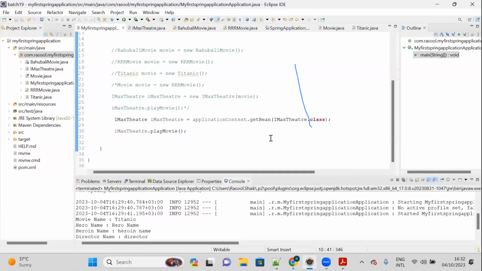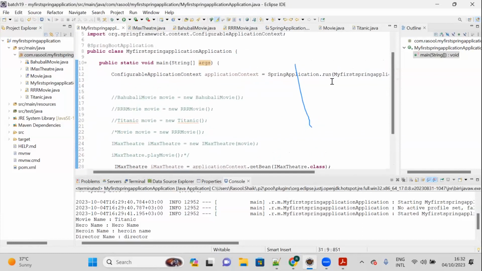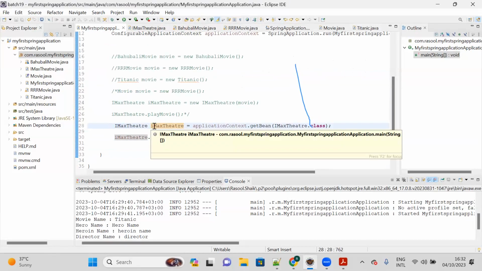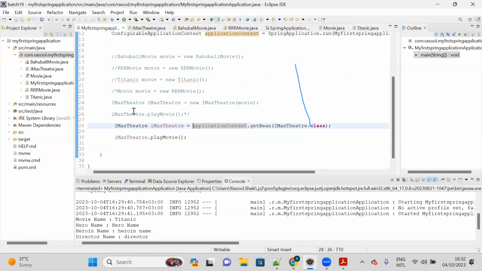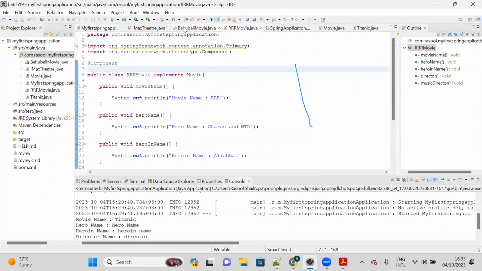So here, what is dependency injection? Let's say if you want to run a theater movie, which object do we need? A theater object. And if you want to run the theater object, you need a movie class object, right? So who is managing those objects? The application context. This is what Spring is going to help us with, with the help of